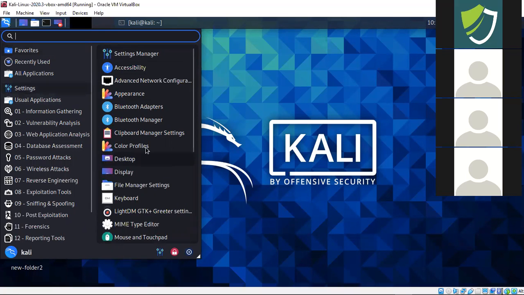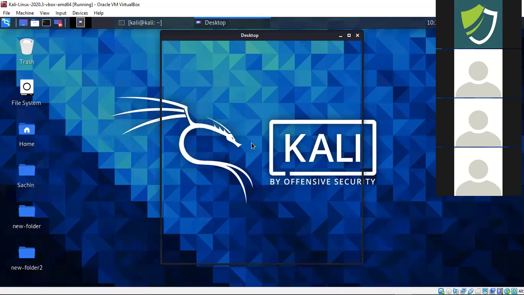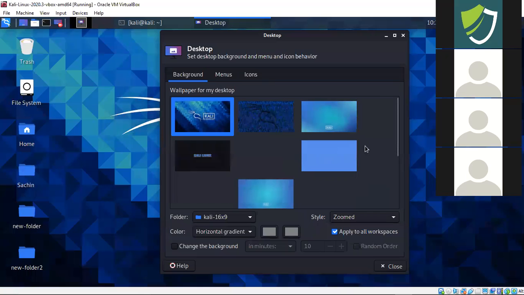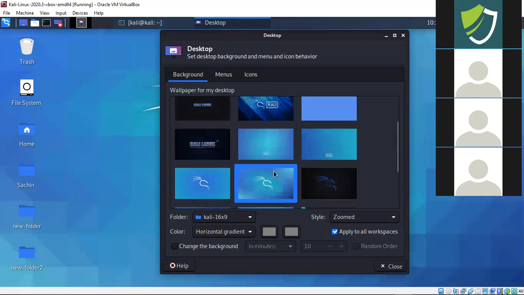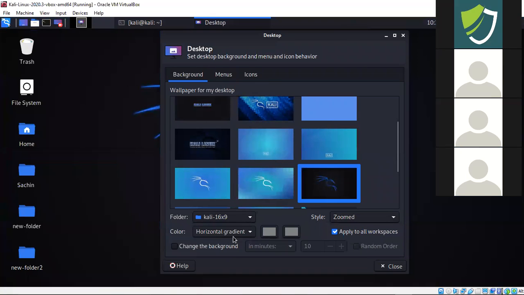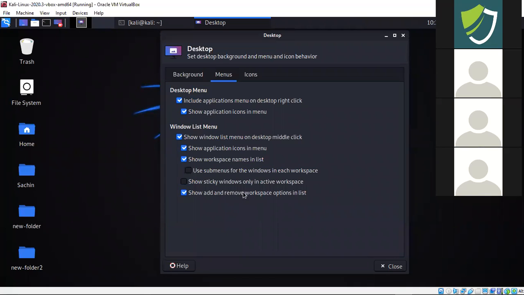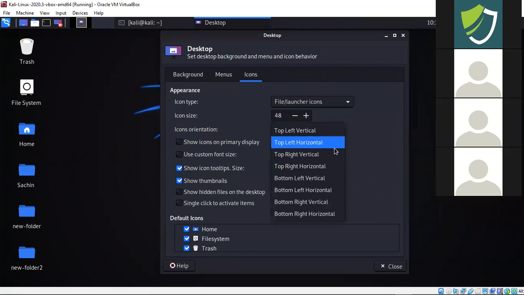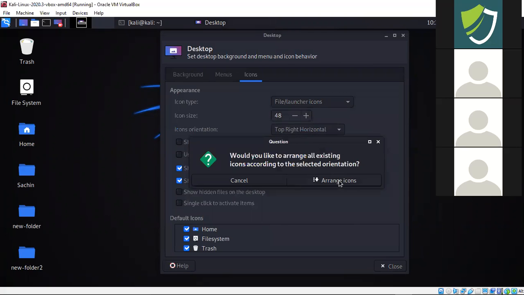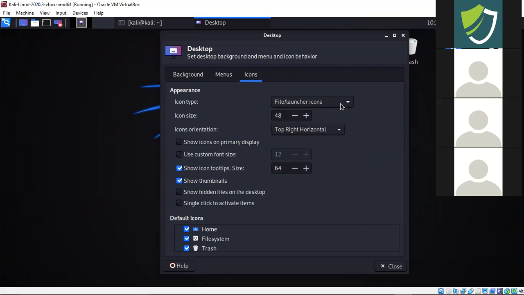आप जाके सेटिंग्स में भी सेम वही सब आपकी सेटिंग्स आ जाएगी, अपीयरेंस हो गया, एक्सेसिबिलिटी है, डेस्कटॉप आपका कैसा दिखेगा, या डिस्प्ले आपको कैसे सेट करना है। तो आप यहाँ पे वो सब चेक कर सकते हैं। यहाँ पे देखिए बैकग्राउंड चेंज करना है, मैंने चेंज कर दिया, वन क्लिक पे या किस तरीके से हमें रखना है। ओके, वो हो गया। आपका हॉरिजॉन्टल ग्रेडियंट होगा, या पर्टिकुलर पार्ट मेन्यूज आपके देख सकते हैं कहाँ पे यूज़ करना है। आइकन्स हो गया, आपको किधर रखना है। ओके, टॉप वर्टिकल लेफ्ट है, इसको टॉप वर्टिकल हॉरिजॉन्टल कर लीजिए। अब देखिए अब वो कंटेंट आपका यहाँ पे दिखेगा। ओके, सो वो चीज़ें कि आपको कैसे शो करना है।